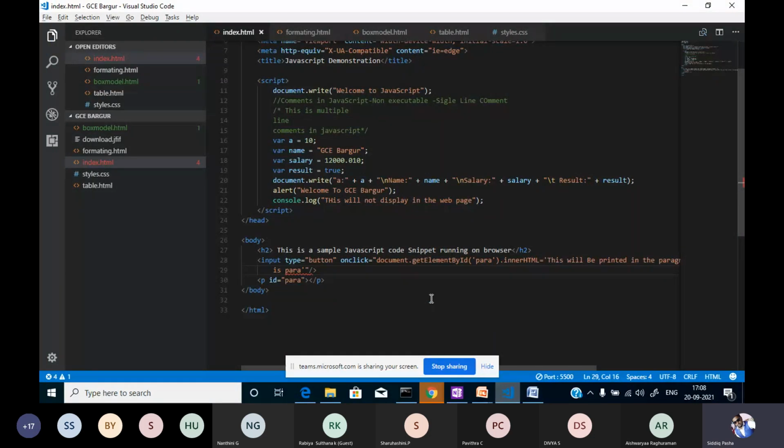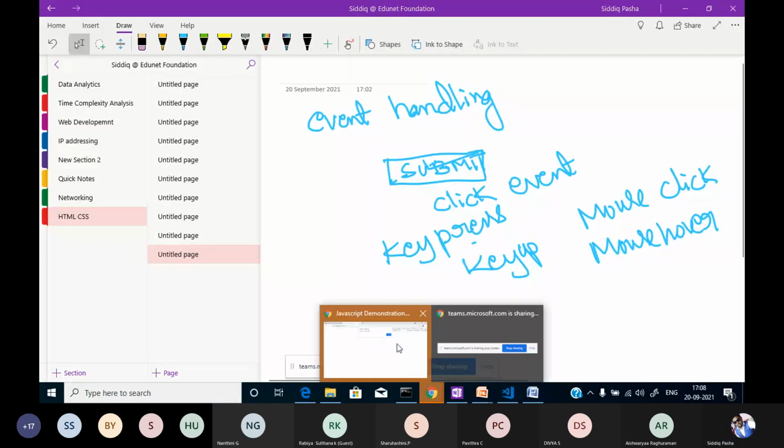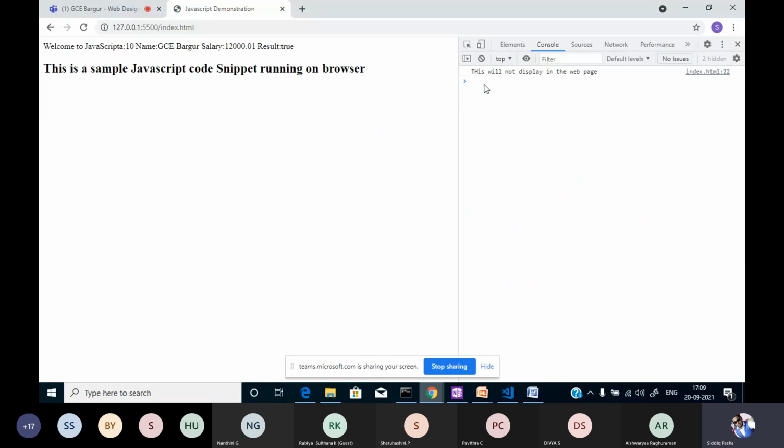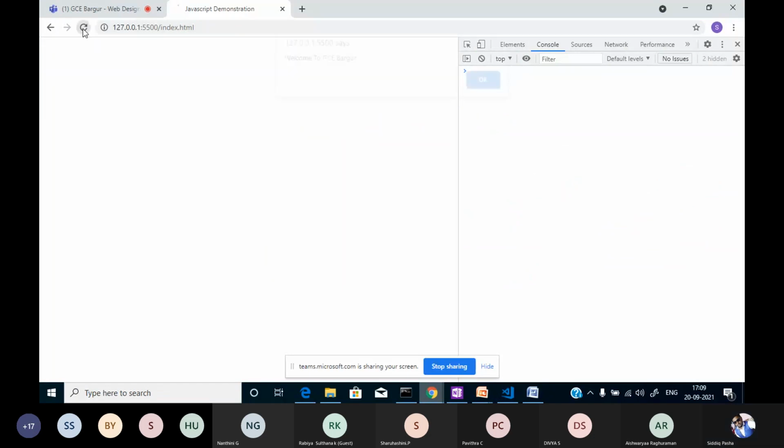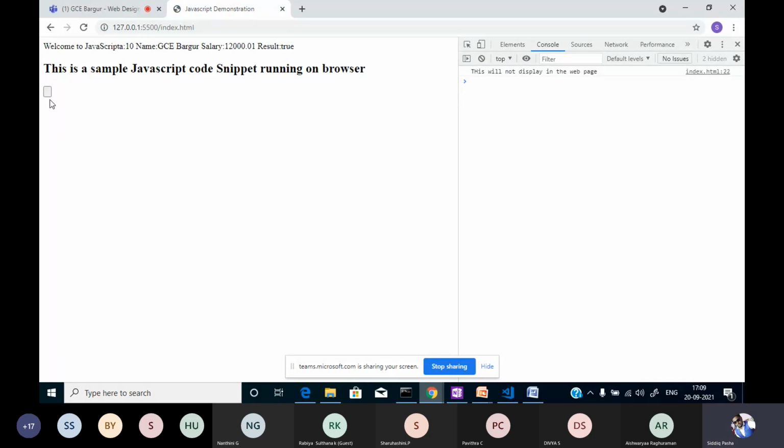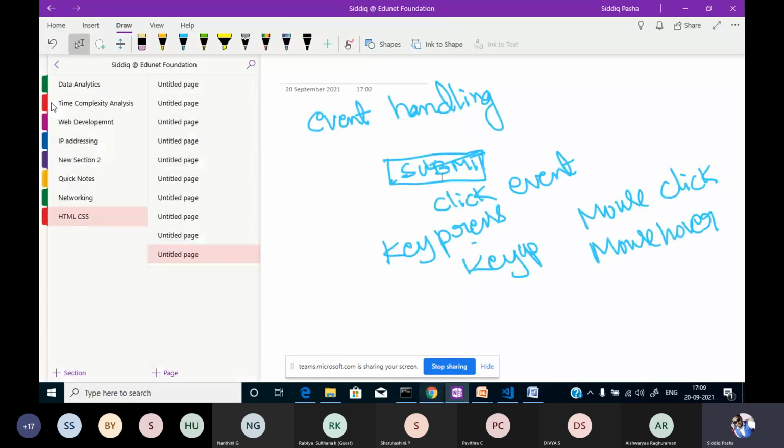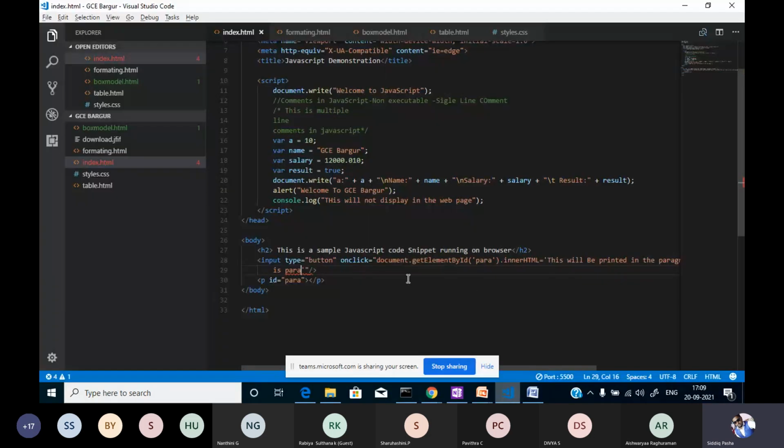So here I will run. Okay, this is my index.html file. Actually, that button is not visible over here. So here it is button, right? I have not given any label for this particular button. I will specify the label. We can specify the label using a property we know. What is that property?